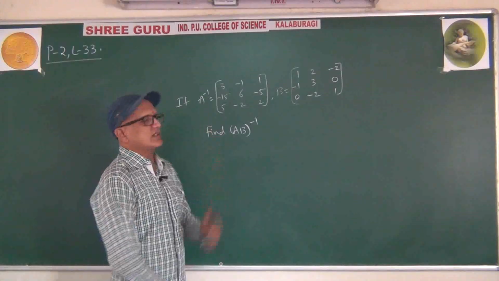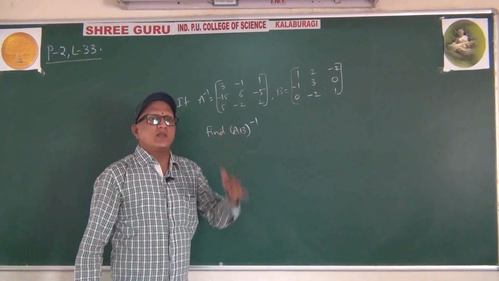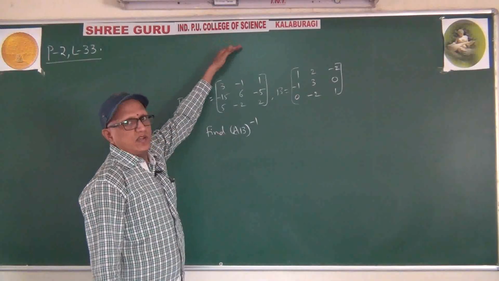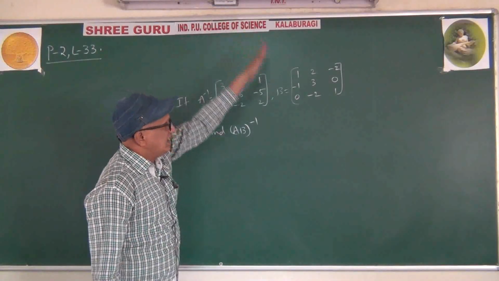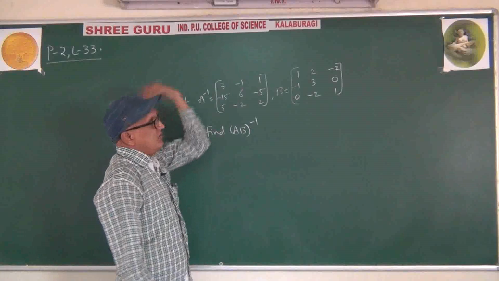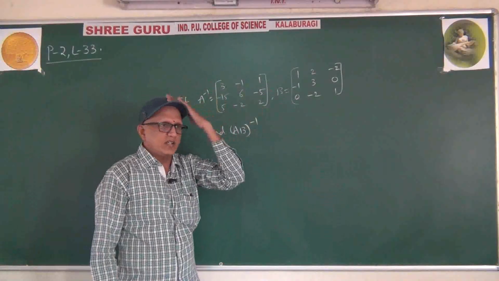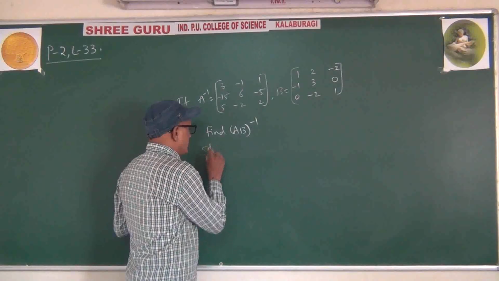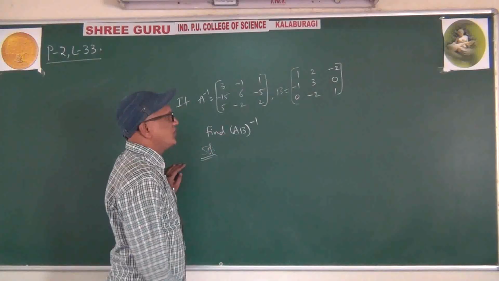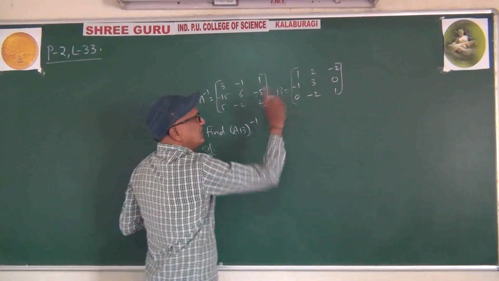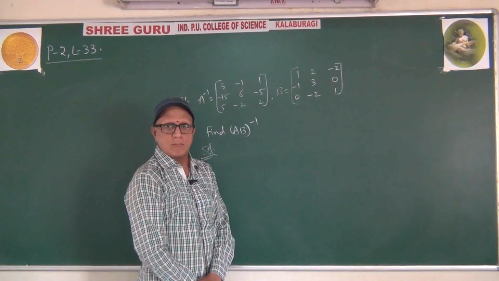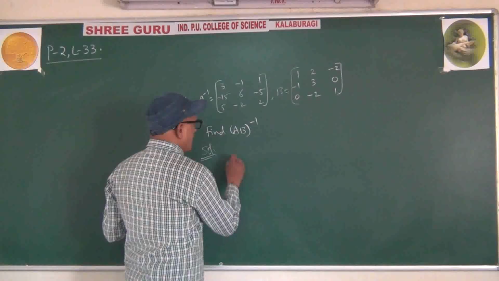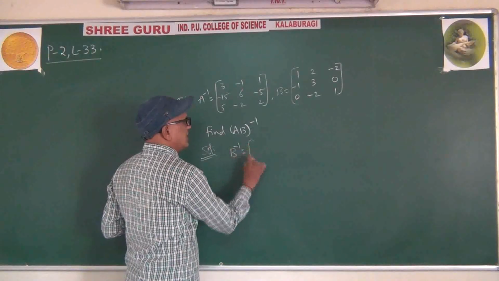They gave A inverse. Instead of finding A from A inverse, if we get A by multiplying A and B and finding inverse for that, it is unnecessary headache. So what we have to do? We have to find inverse for B. You know how to find inverse for the given matrix. So by using that method, you will get inverse for B.